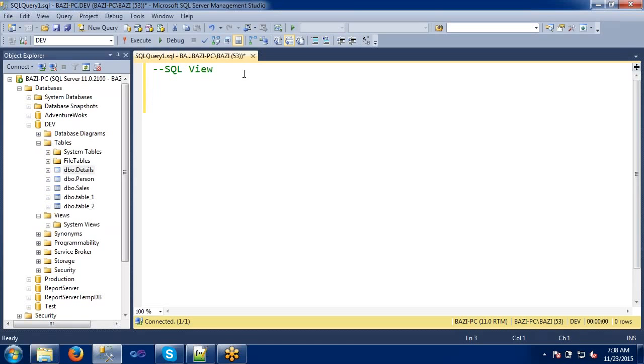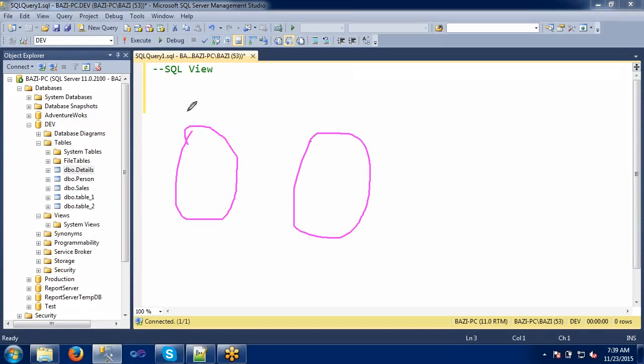Okay, so how will it be? Let's say I take one example here, and I will show you one scenario where we are going to implement it. Let's say I have some tables here. Let's take a product table and a customer table.